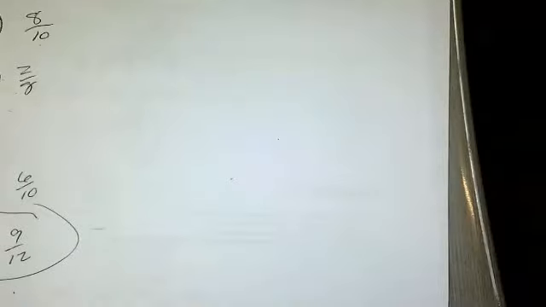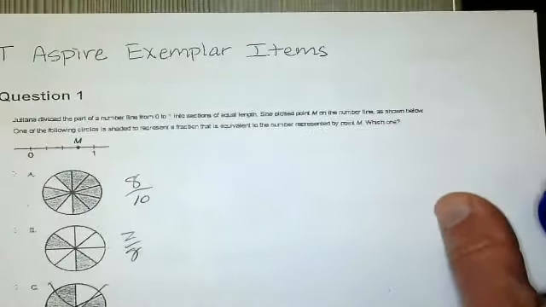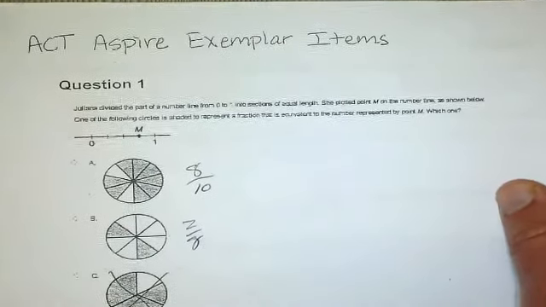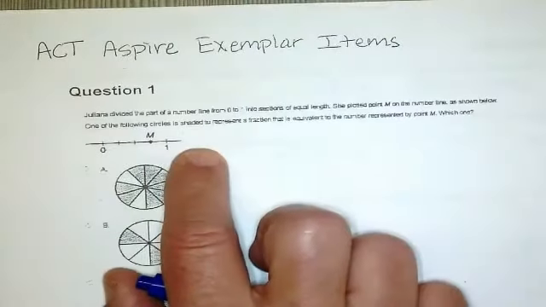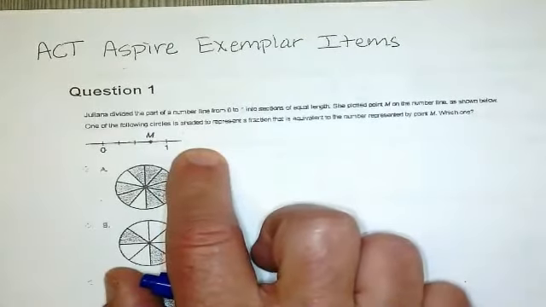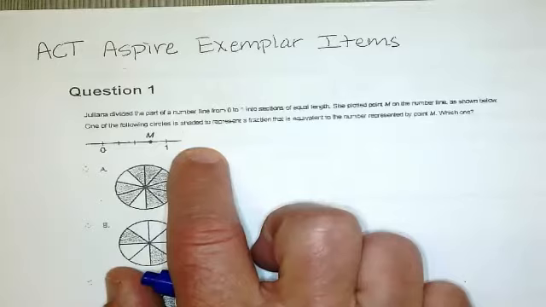Okay, so we're looking at ACT Aspire Exemplar items. There we go, ACT Aspire Exemplar items. First question here says, Juliana divided the part of a number line from 0 to 1 into sections of equal